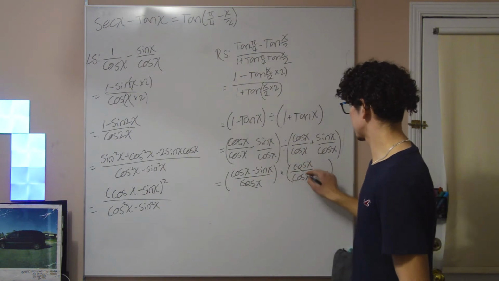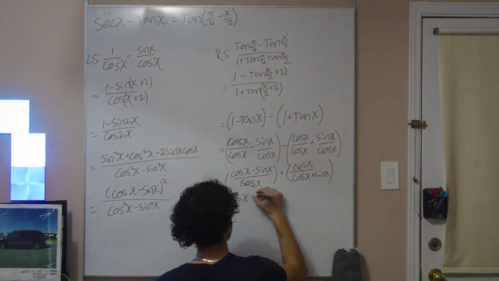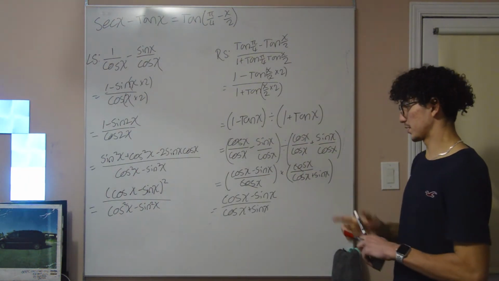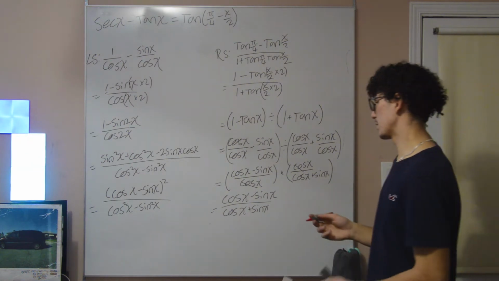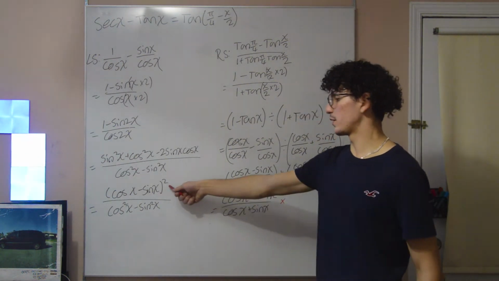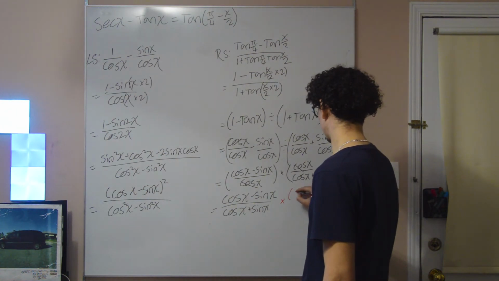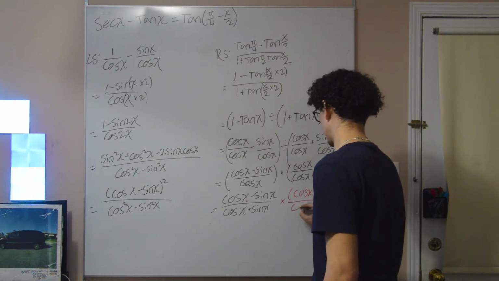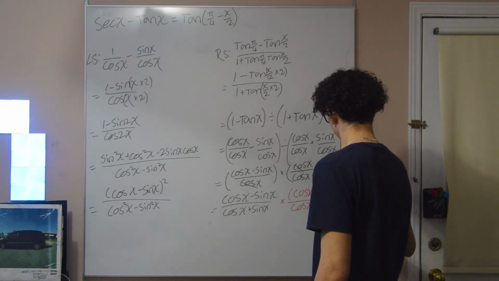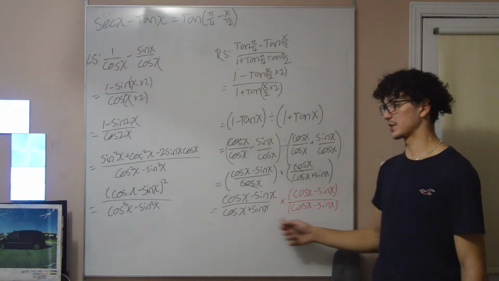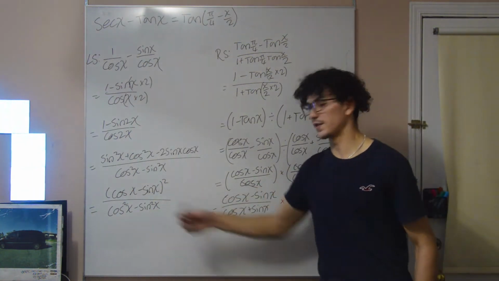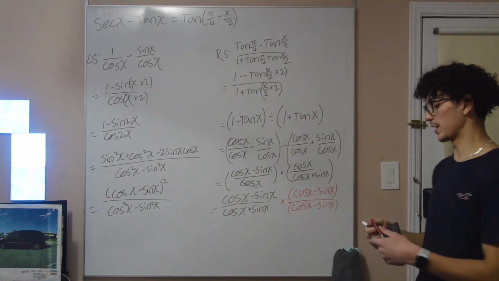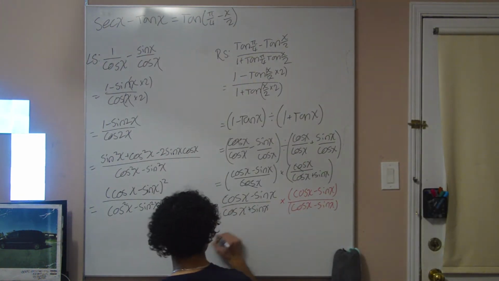Now these can crisscross and we get just like that. And once again, like we did in the last one, now this time we want the perfect square on top, so we're going to multiply by cos x minus sine x over cos x minus sine x. Now the bottom is actually a difference of squares, which gives us that basically. And the reason I'm writing this in red is because I'm trying to show you that we're multiplying by 1. So this then equals